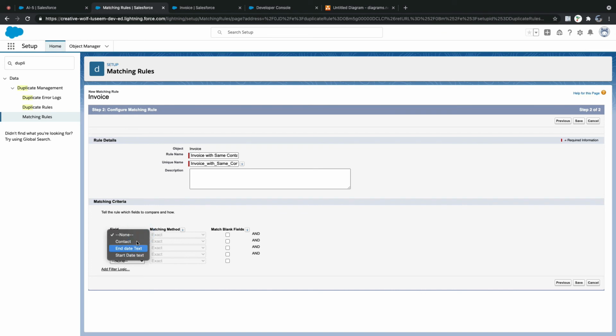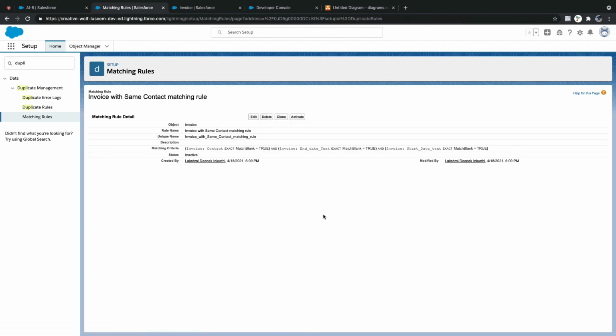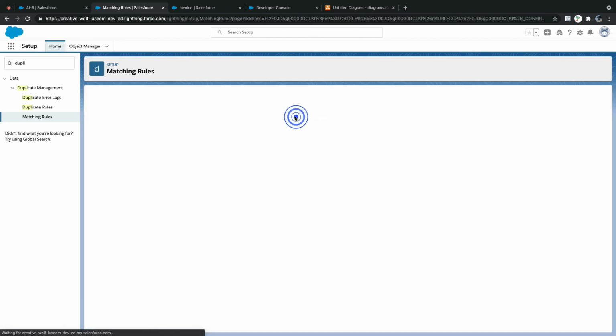Now I can see text fields, right? Contact, match blank, end date, exact, match blank, start date. Now what happened? Exactly.